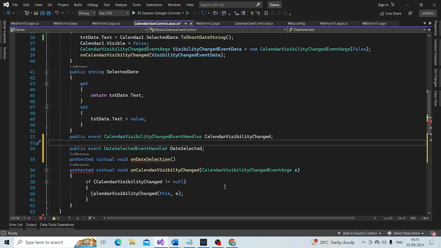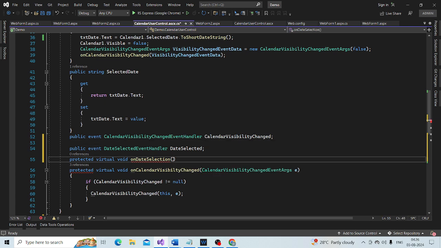I want to pass the date selected event args class as a parameter into this function. I'm going to call the instance e.